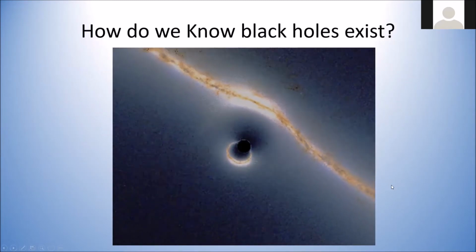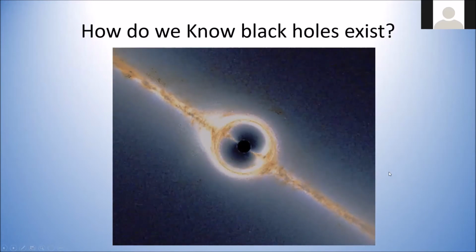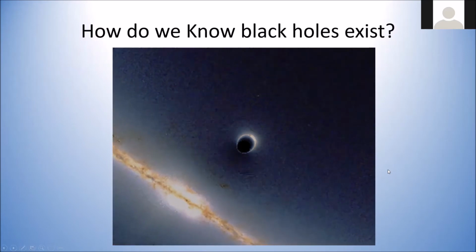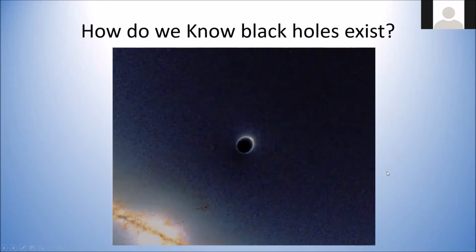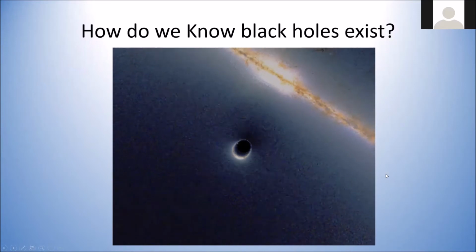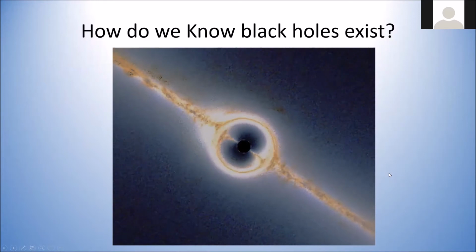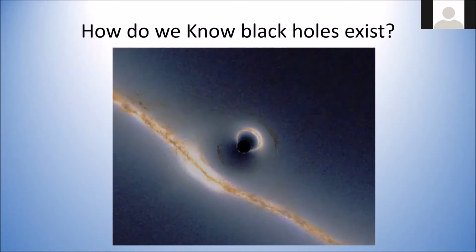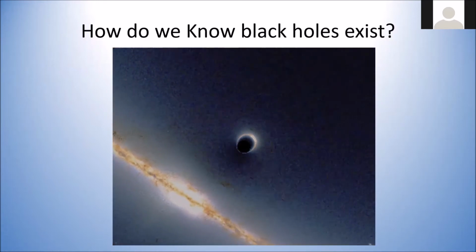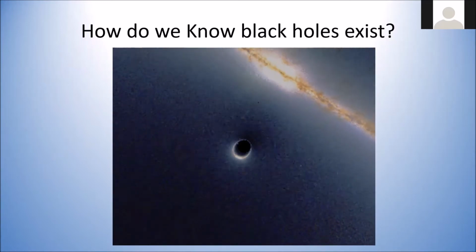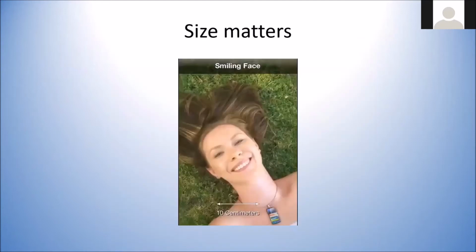Well, this is an artist's concept showing what happens when a galaxy passes by a black hole. You're looking at the edge view of a galaxy. The center part is where most of the stars are, but the arms stick out on either side. And you can see the distortion that takes place when it goes by a black hole. So to get an appreciation of what the scale of things are, I have this little video which I'm going to show.